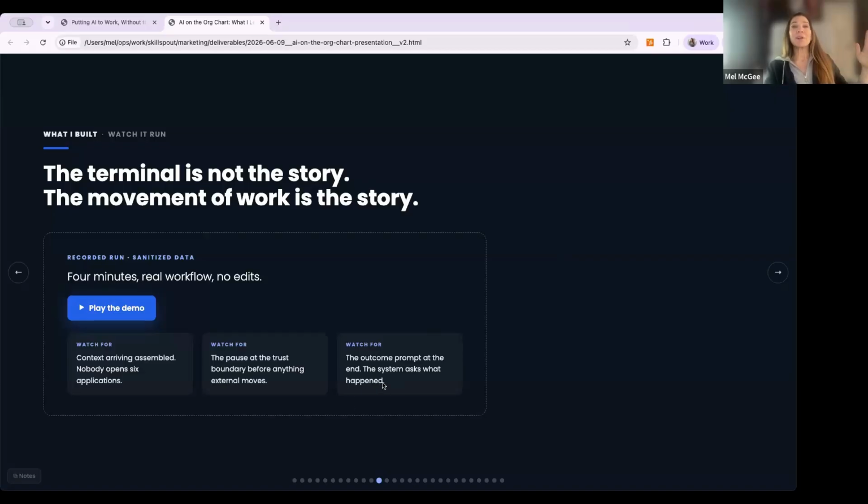And then finally, I hope you saw the outcome prompt at the end, the system asking what happened. It doesn't need to be a prompt. For my system, when I'm working within it, I like to give my feedback as well. It could just be a received or sent, or an A/B test and the results of an A/B test, for example, like, oh, 50 people opened this style of email, 80 people opened that style of email, something like that, right?